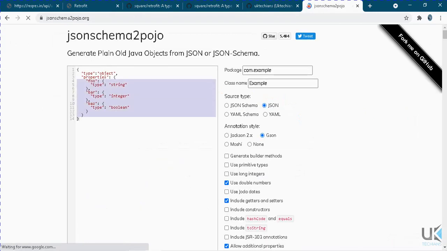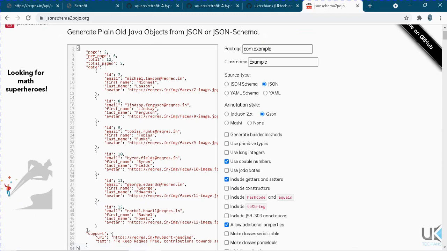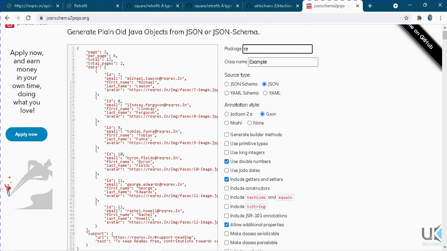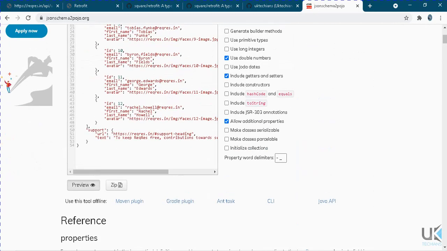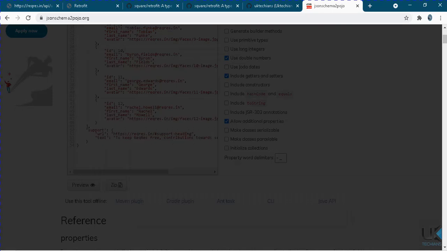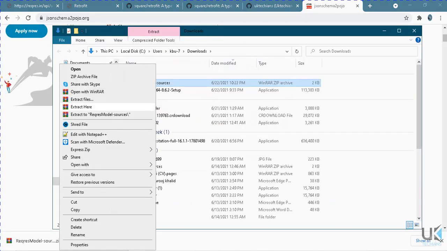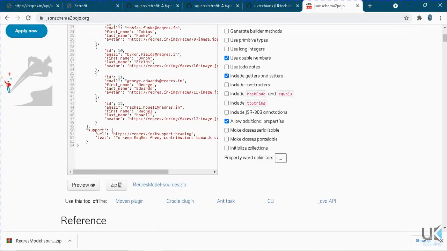What you will do here, you will just paste this response and select here the package name you want to give. So let's say Reqres data, Reqres model, and you have to select JSON here and JSON here, and then you just preview it or download the zip. Let me just extract it here, right, and copy this data.